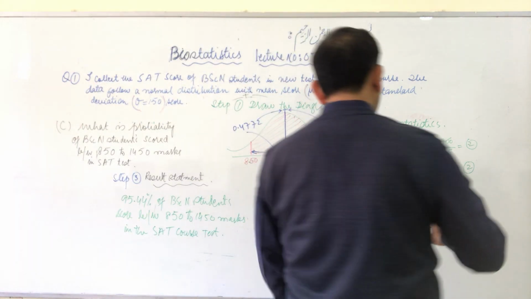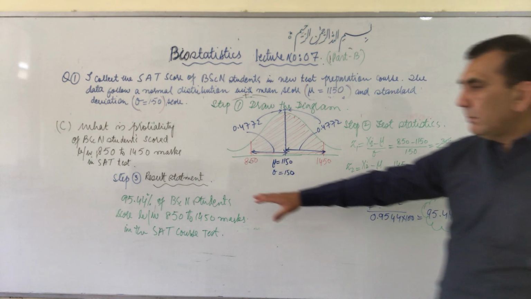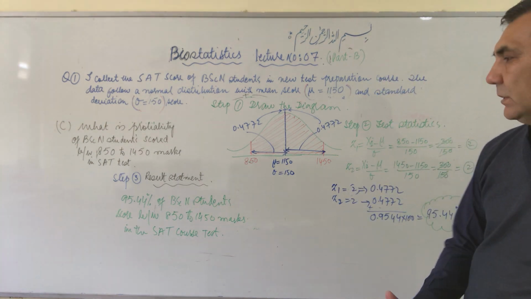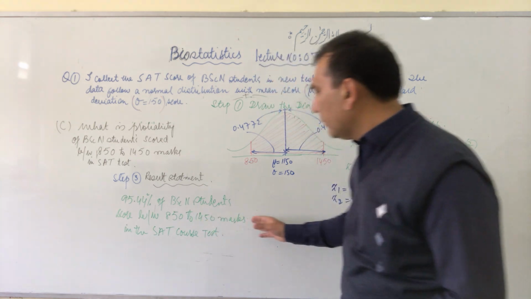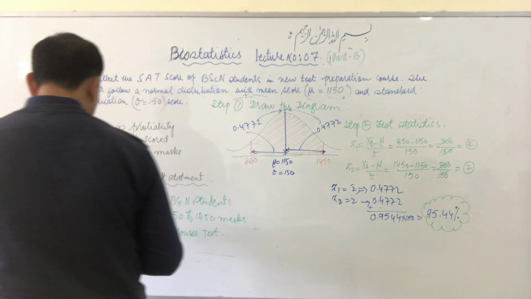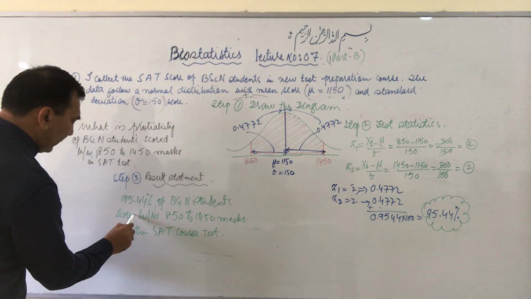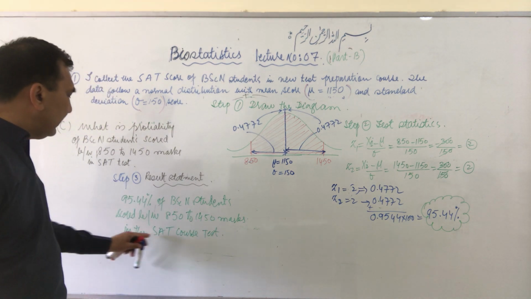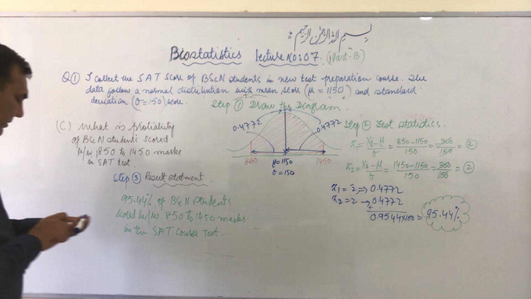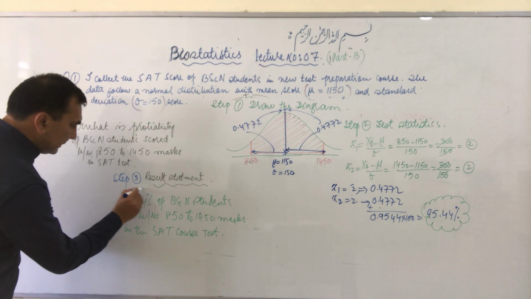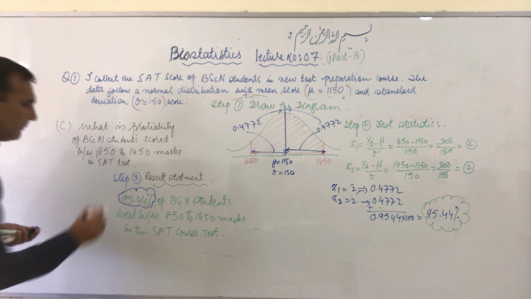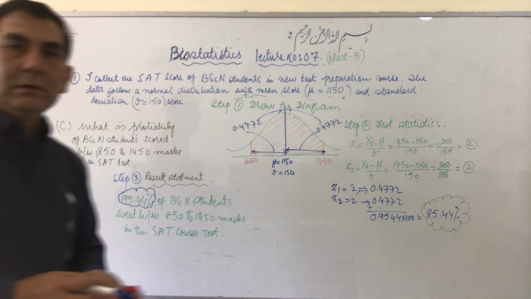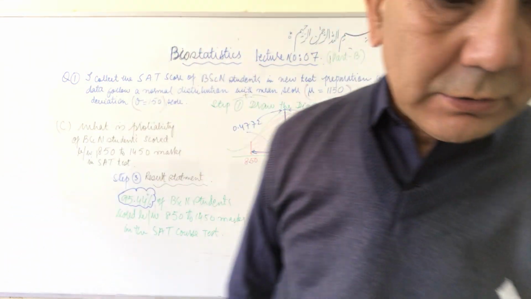Means 95.44% of the BSN students scored between 850 to 1450 marks in the state course test. So this is the whole solution, the complete solution of